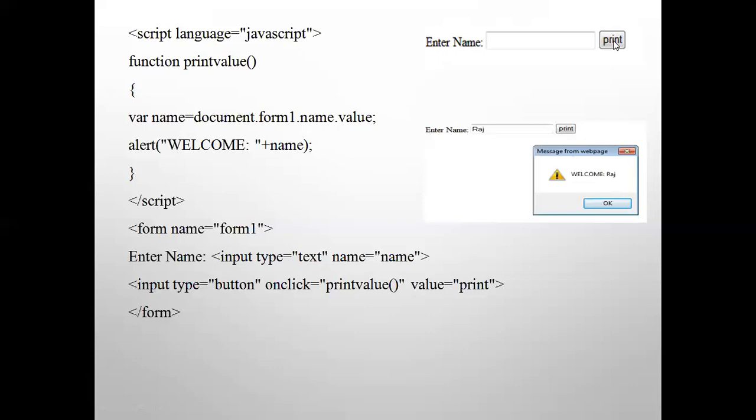So on clicking on this button, it is accessing the value. It is going to this print value function, it's accessing, and then it is displaying it here. Okay, so welcome, whatever name is given here as an alert. Okay, so this was the on click function demonstration of the program.